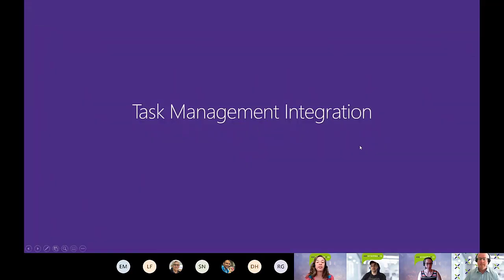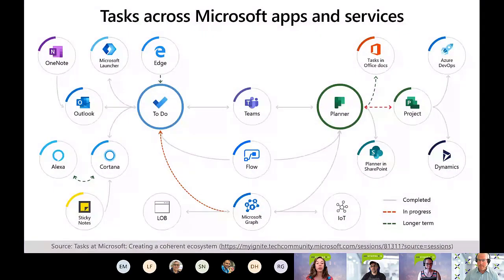All right. So starting us off, our first slide that we're going to take a peek at was actually at last year's Ignite about task management, where Microsoft provides us with this huge graphic of what feeds into what. So we can see, for example, OneNote through Outlook can get to do with tasks. These markers, the key on the bottom right of in progress and longer term, I was checking my dev tenant this week, and this all still seems to be true. So for example, something that we can be looking forward to is To Do and Planner showing in a new app called Tasks within Teams. That's not there just yet.